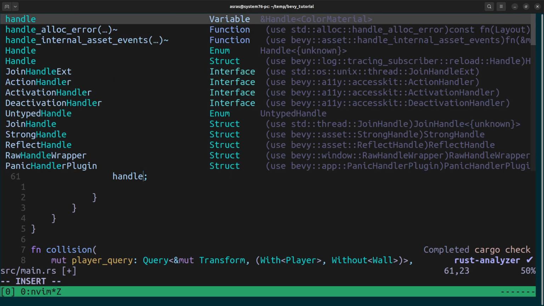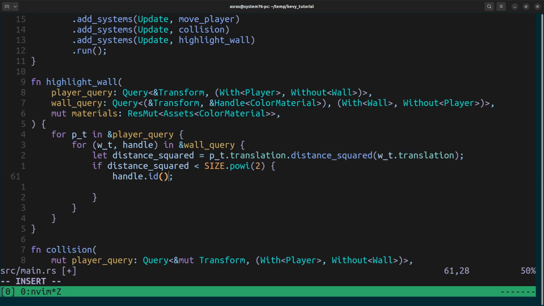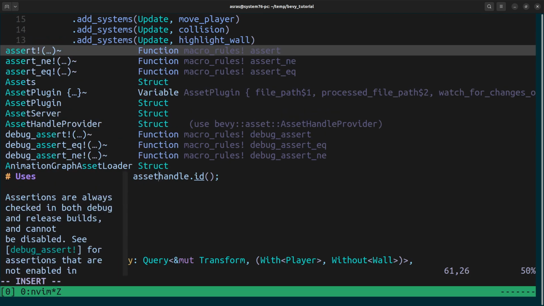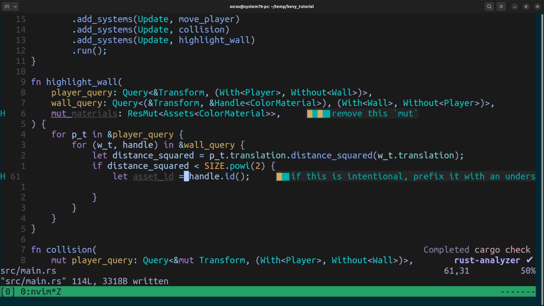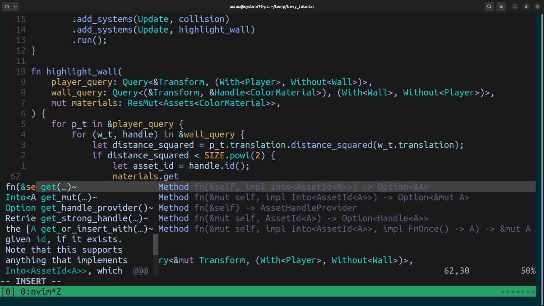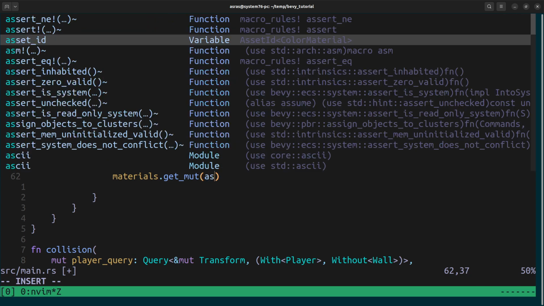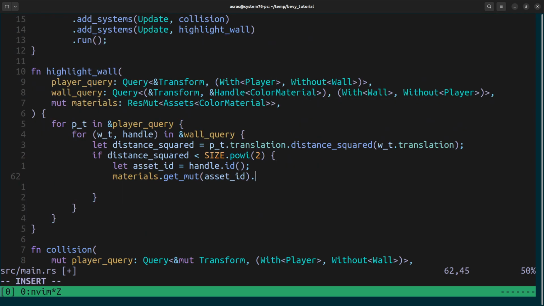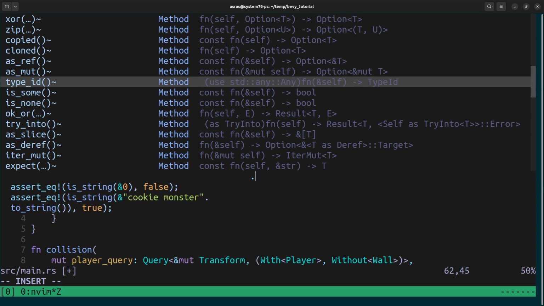But now we can get the ID. Okay, so call it asset ID. It's this thing. We'll say materials.get_mut of the asset ID, and this should be